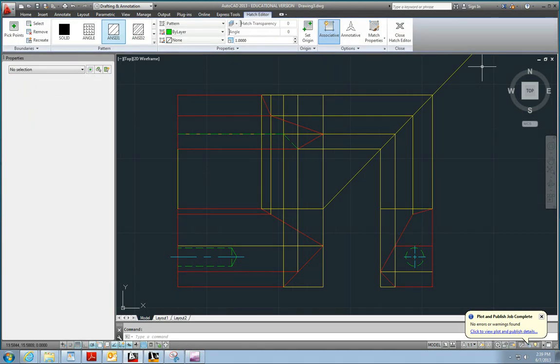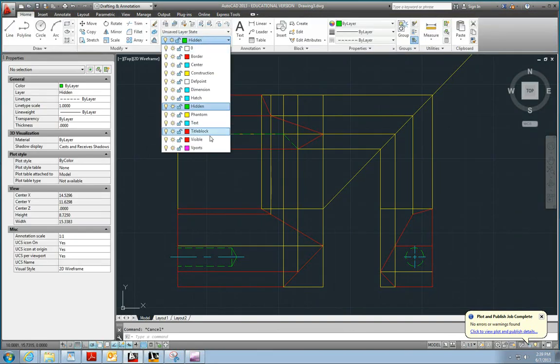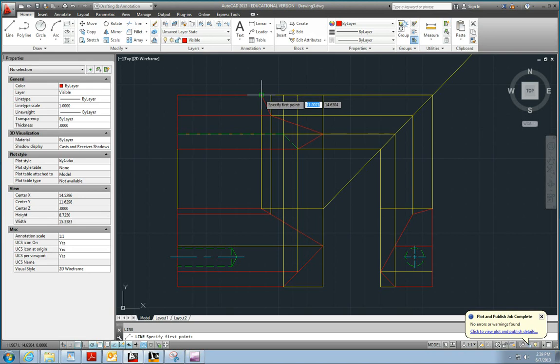So I'm going to switch back to my visible layer, and I want to start at this point. Now this point is directly above this point. This point is at the same elevation as here. Now this line goes all the way out to the edge, which coincides with this point in the top view. And then it comes back to the beginning. And I know it comes back to the beginning. This line